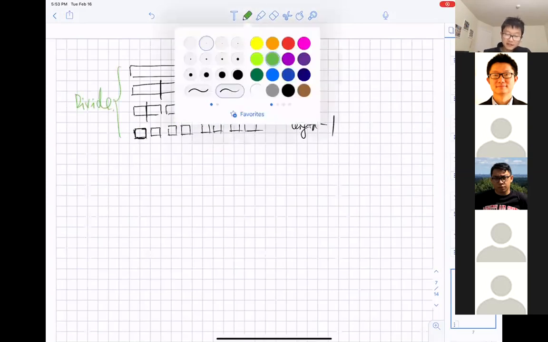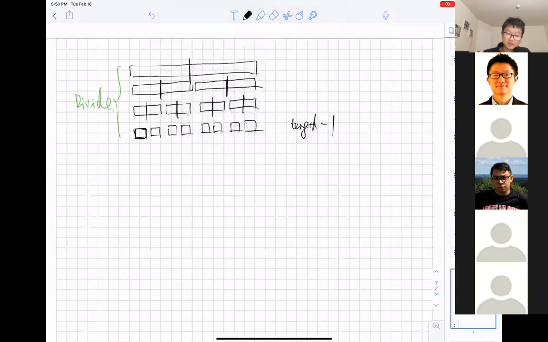The next procedure is what we call conquer, which is to solve each subproblem individually, or sort each of these subarrays individually. The procedure for sorting each of them is pretty straightforward. We don't need to do anything.